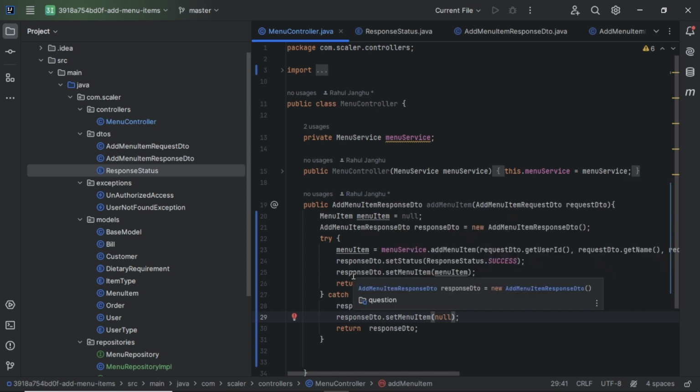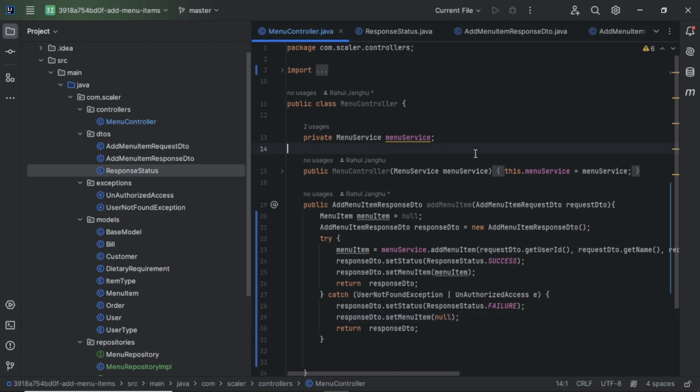Whatever was there, we already implemented. We had to create three things. One, a repository for menu. Second, a repository for user. And third, a service class. Now we have implemented the service class, and we have implemented the method of the service class inside the controller, where we just return. So whatever requirement is there, we have completed, but we cannot run it here because we do not have the complete files to run.